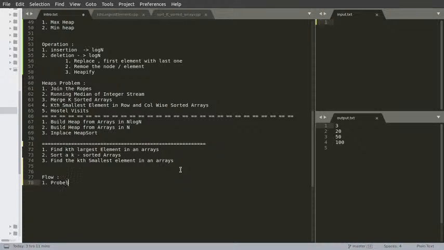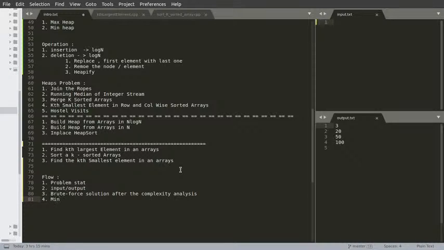So I will be telling you the problem statement, and then we will see what our input and output format is. So what will be our input and output, and then we will go for a brute force solution, right? Then we will be optimizing it after analyzing the complexity. After complexity analysis, we will be optimizing this solution,